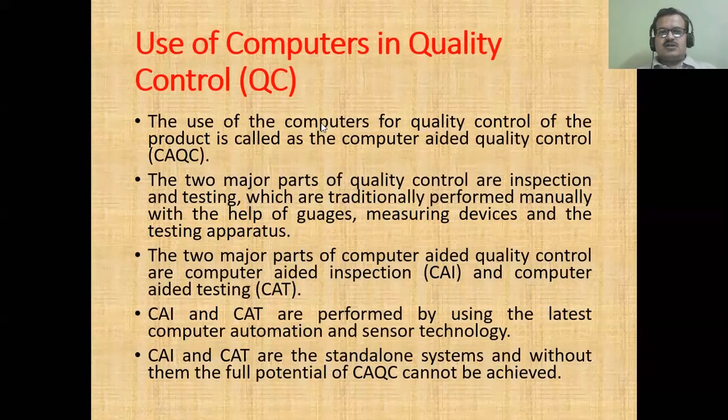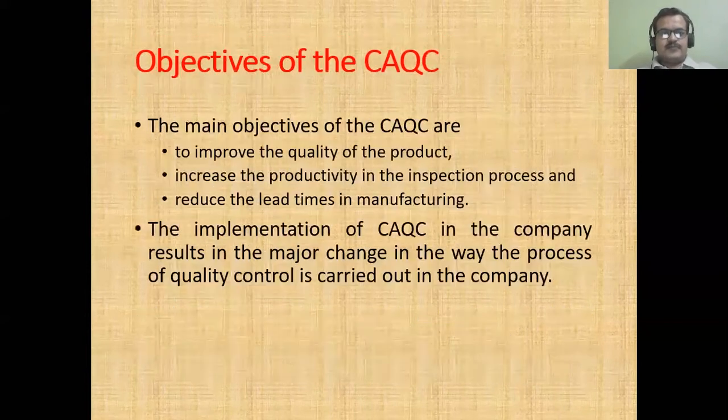Use of computers in quality control. The use of computers for quality control is nothing but computer aided quality control. So what are the two major parts of quality control? Inspection and testing. So we have discussed two major parts of computer aided quality control, that is computer aided inspection and computer aided testing. Then we discussed objectives of computer aided quality control,